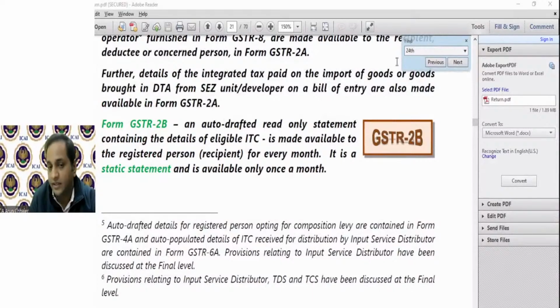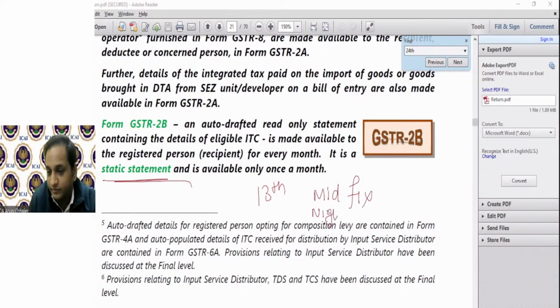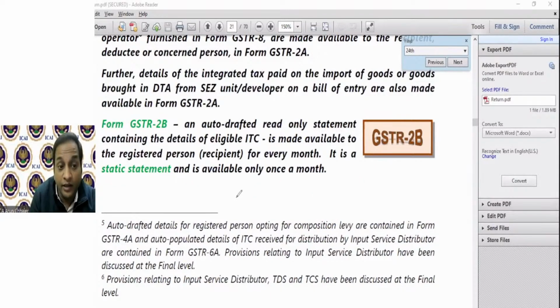GSTR 2B exactly same है जो 2A है, but ये एक static document है जो कि 13th की midnight को generate होता है। फिक्स मतलब क्या? ये एक static document है। अगर 2A की बात करूं, ये real time पर update होता है।